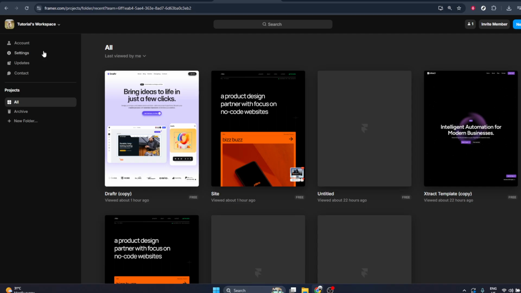If you ever need to move to a different workspace again, just repeat the same process. Go to the top left, click the workspace name, and choose another one from the list. That's all you need to know to switch workspaces in Framer. With this simple action, you can stay organized across teams and projects and make sure you're